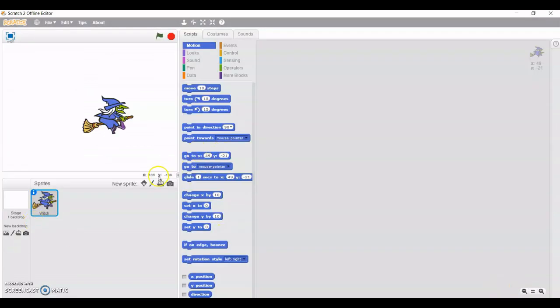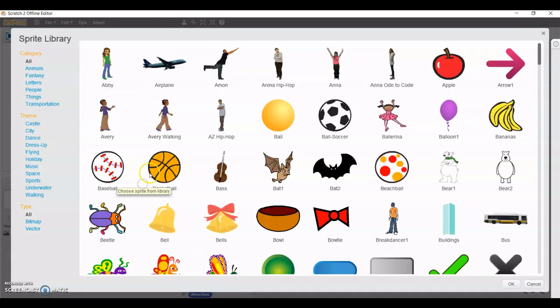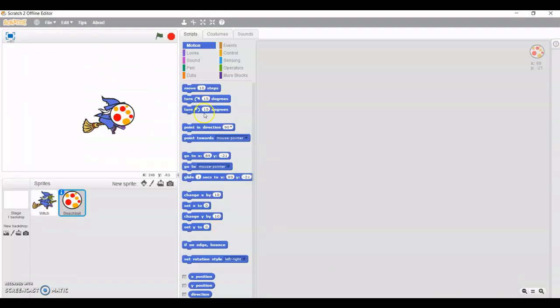After that, again I'm going to the new sprite option, and I'm taking a beach ball. Suppose that you can take any one of them. So that is the second object. Okay, so that is your second sprite, that is your first sprite. The first sprite is your witch and the second sprite is your ball.